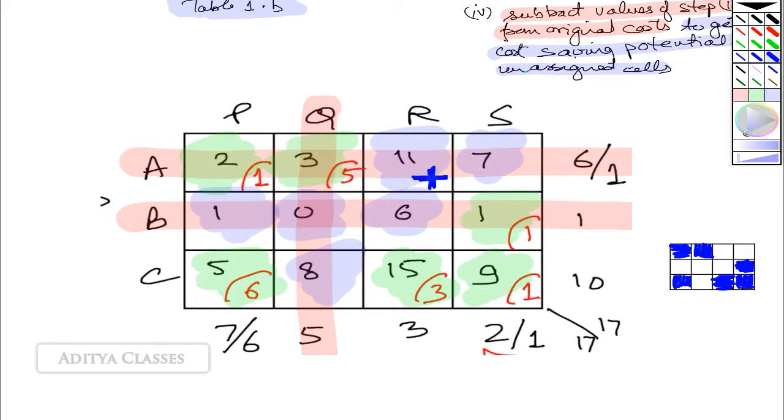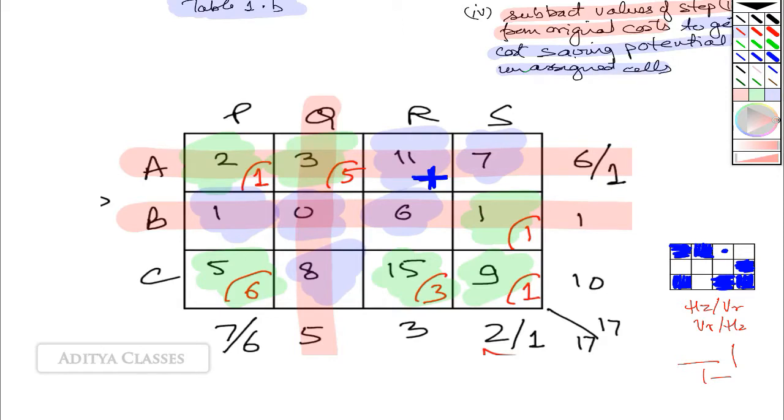And now I wish to engage this cell also. What do you mean by engage? That some kind of assignment is done. These are the assigned cells. Now I wish to make some assignment in this cell also. Now the rule, the trick is, you need to find a closed loop making horizontal and vertical moves. Alternate horizontal and vertical. It could be horizontal vertical, it could be vertical horizontal, but they should be alternate. You are not allowed to make two horizontal moves, you are not allowed to make two vertical moves. One horizontal and one vertical, or one vertical and one horizontal. This is how you will have to proceed further.